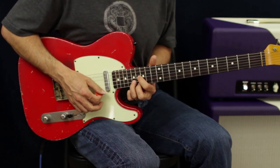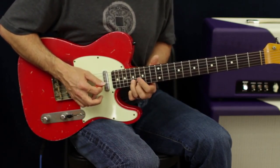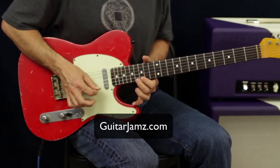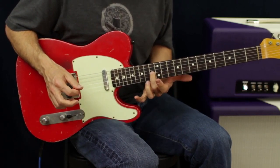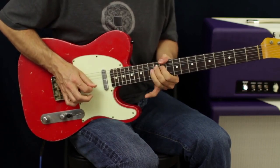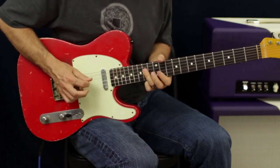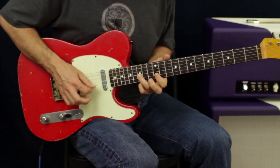Right out of that E chord. Another note right out of the E chord. And then I hit another note right out of that E major chord and then slid back into more of a minor sounding riff. And then I can hammer right back into that major sound. Right back into minor. So we got